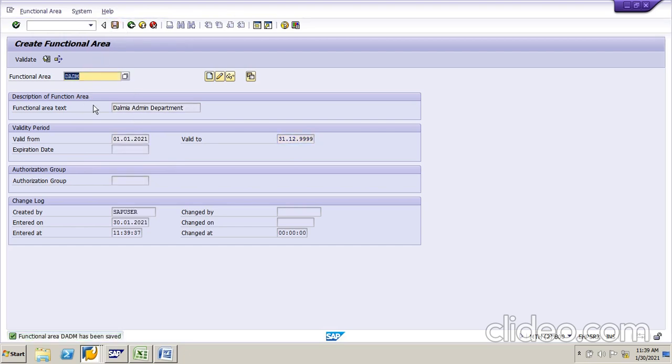So this data we will assign at the time of creating the ledgers. So the first one is Dalmia admin department. Next one is DFIN, Dalmia finance department.